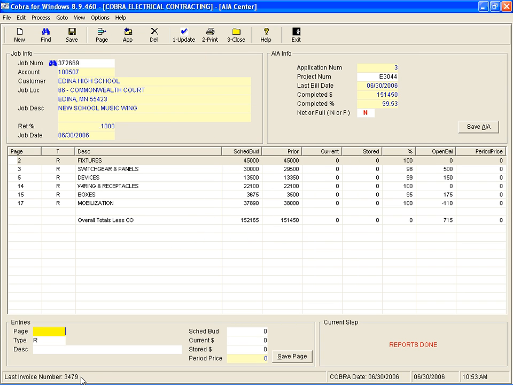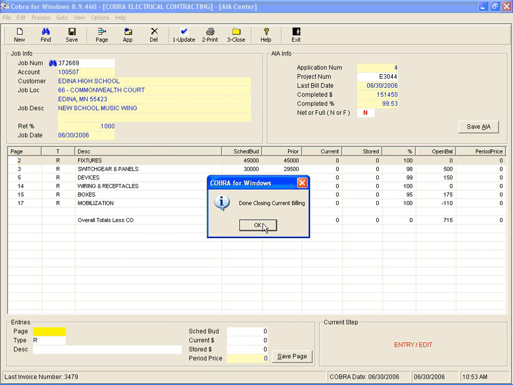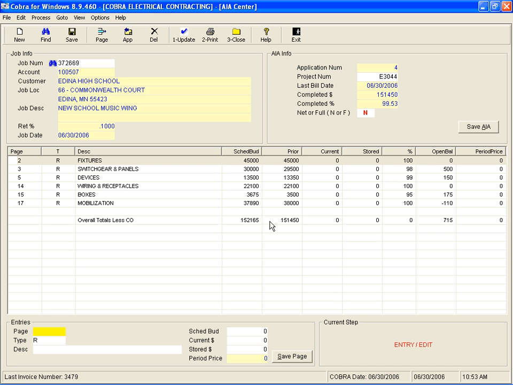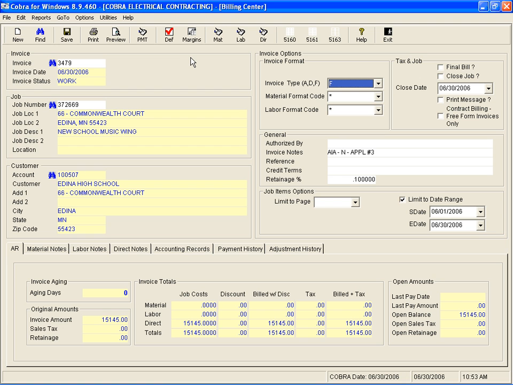And you can see the invoice number down here, so we're going to go and take a look at that after we close this application. So remember again, this last application was really just a dummy one to get this invoice created that has the billing just for the retainage that wasn't billed for in prior applications. So as we preview this,